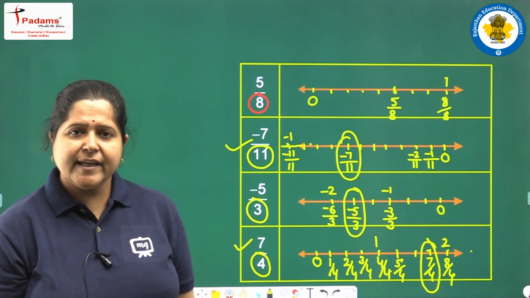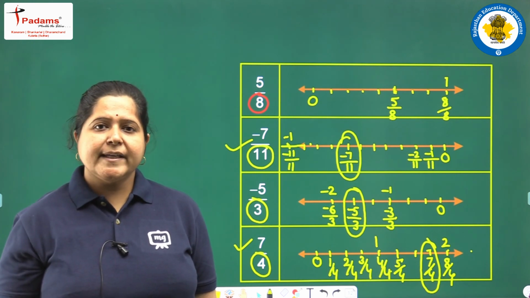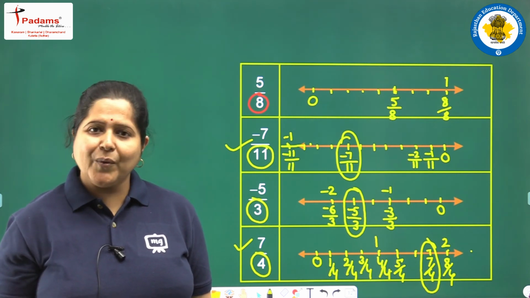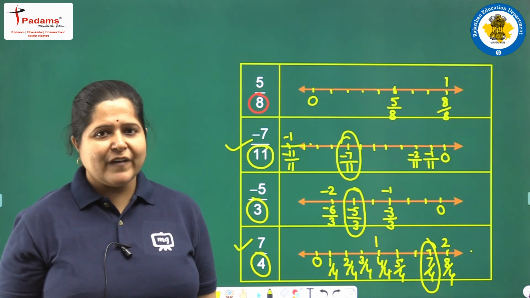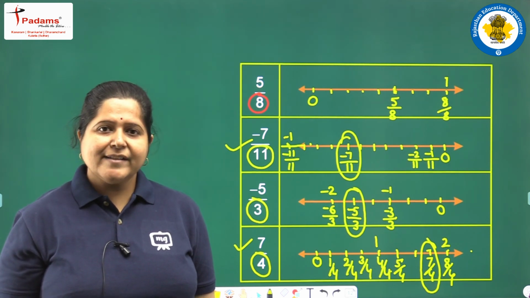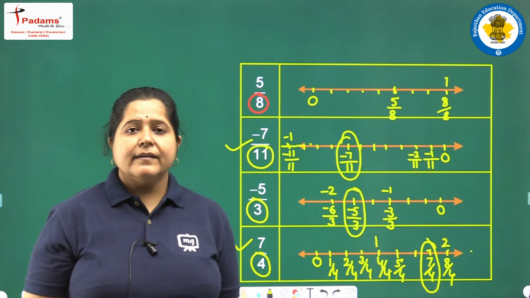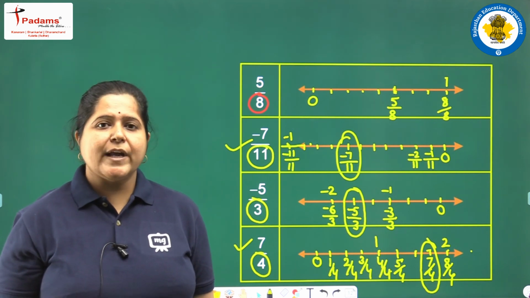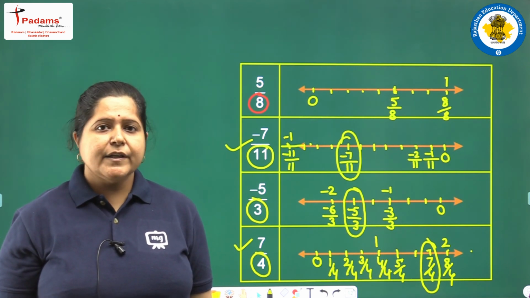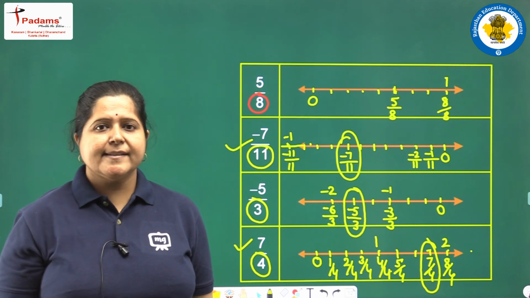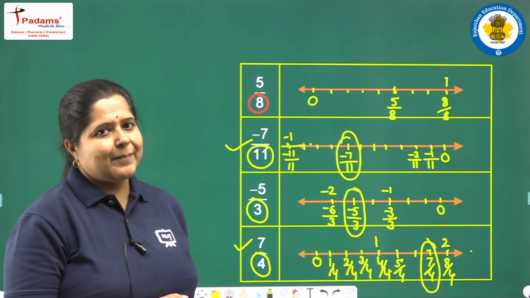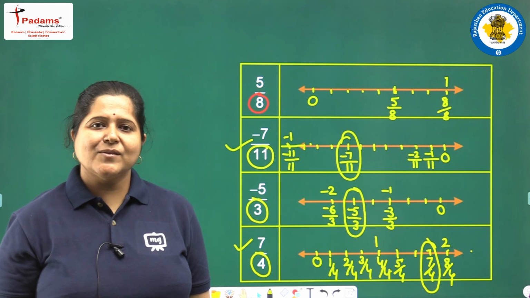It is very interesting. You can practice much more by taking some rational numbers on your own. Try to make them. You will find it very nice. In our next video, we will be taking the rational numbers between two rational numbers. And in this video, we completed exercise 1.1 and representation of rational numbers on the number line.